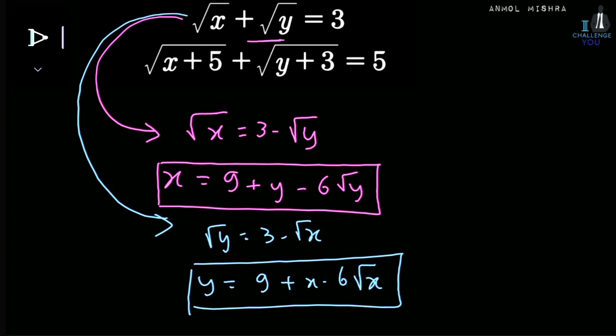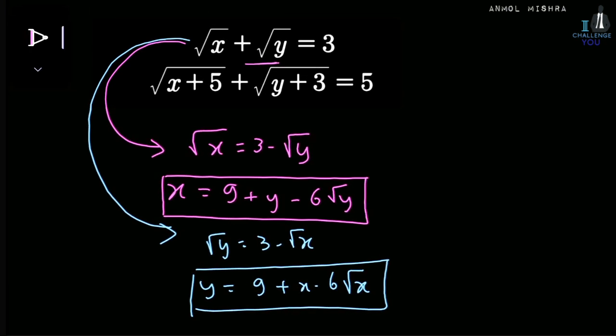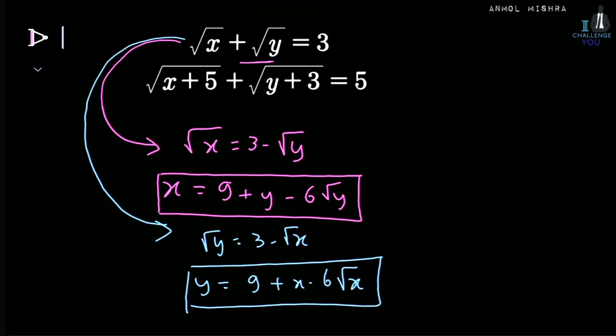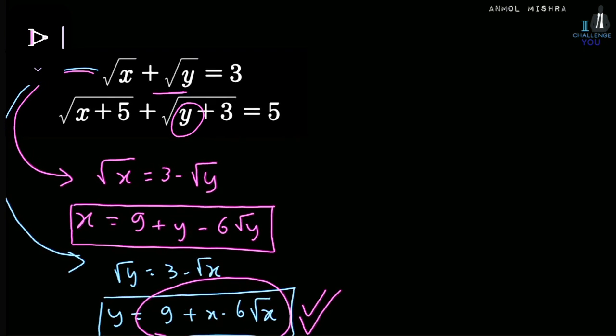Now the method which we are going to use is the substitution method. Usually when two equations are given we use the elimination method, but here the substitution method will work. So either I can substitute x or y in this equation. Let's substitute the value of y from this equation. As this equation is in x, substituting y over here means y has now changed in terms of x. So this whole equation would be in x, and we can solve for the value of x.